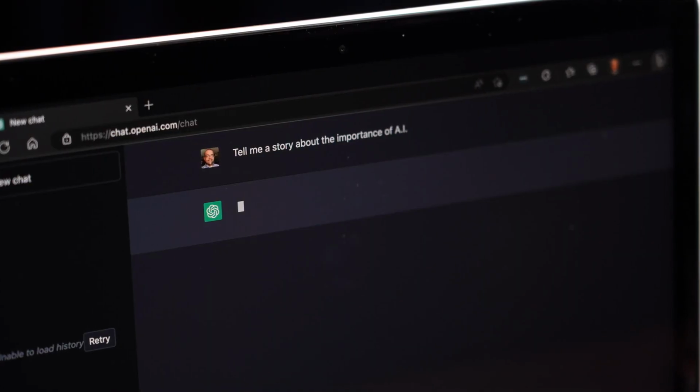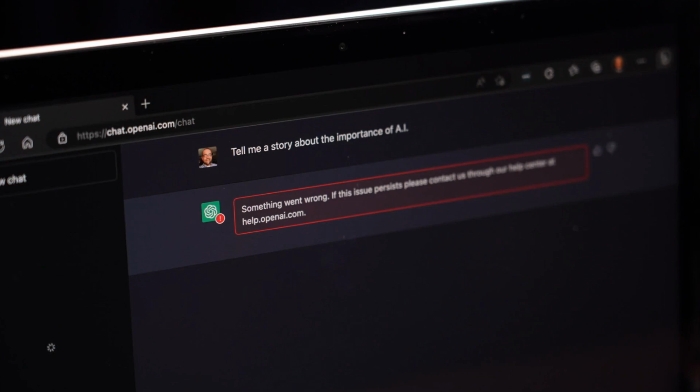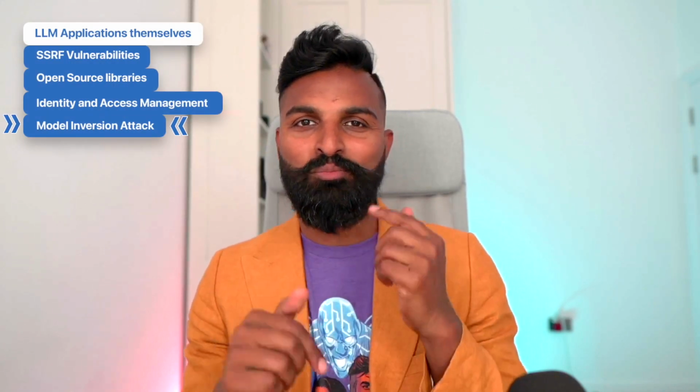Now imagine this: if you put in a prompt and it shows you an error message from the system itself, unintentionally or maybe sometimes intentionally, and you get to know, oh, this is the version of the open source library that they're using, then you can use that as a model inversion attack. That's another form of attack that people talk about in this category, where you're able to use the output to get details about the internal system and use that against the system to attack it. That makes it really exciting, doesn't it?